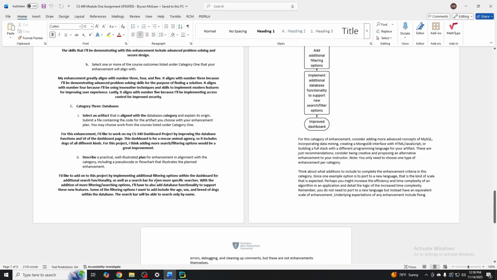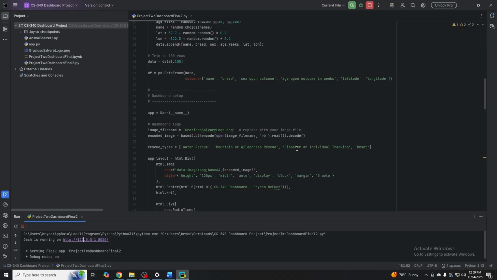So for this one, like I said, I'll implement additional filtering options, as well as that search bar, so you can search for dogs by name, if you have a specific one in mind. Like I said earlier, the filtering options I want to include are age, sex, and breed of dogs. Yeah, and then as far as the code itself,